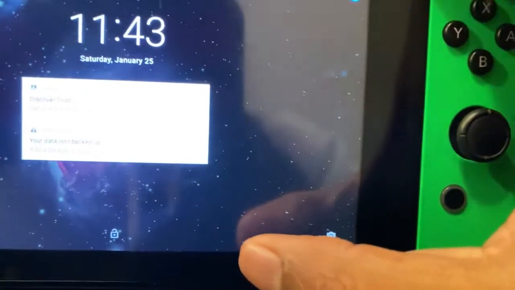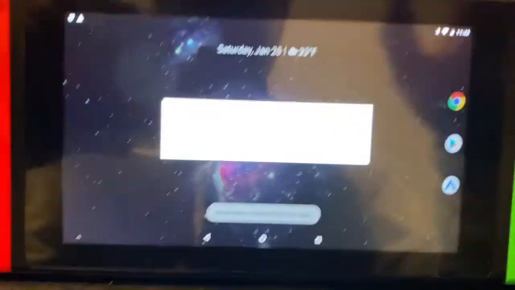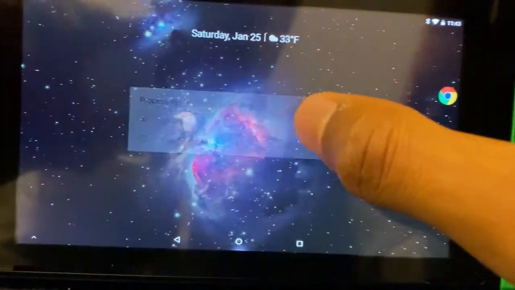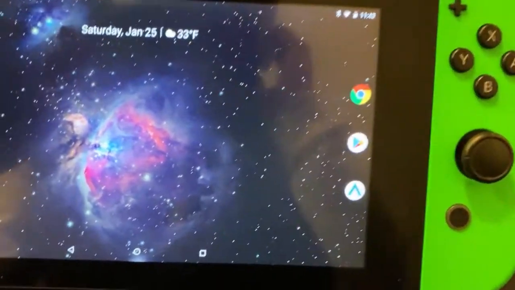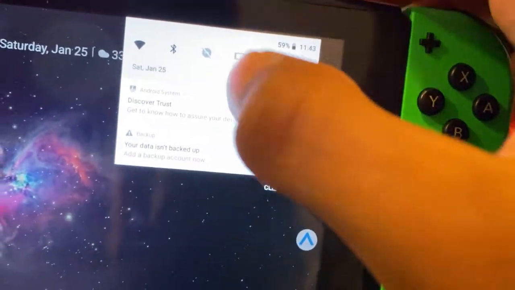All right, looks like we're logged into Android. Let me just turn this thing back on. Got that set up. Sorry for the glare. So we got Android on this thing now. Looking mighty nice, right? Go ahead and close that. Now I'm gonna show you guys something that I actually learned. And before I do that, let me go ahead and sync these